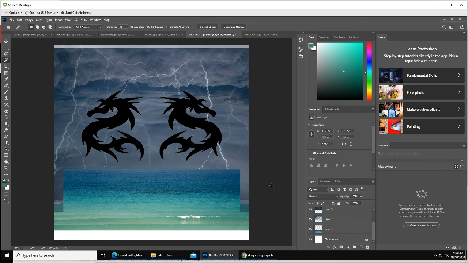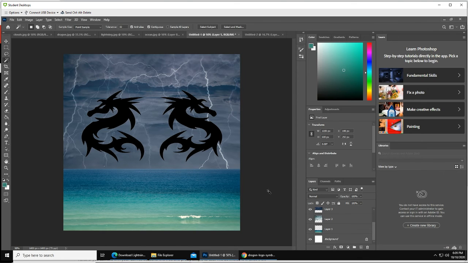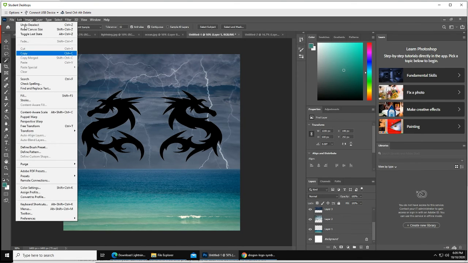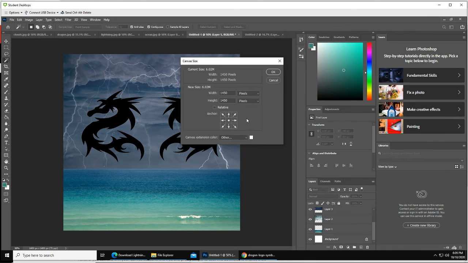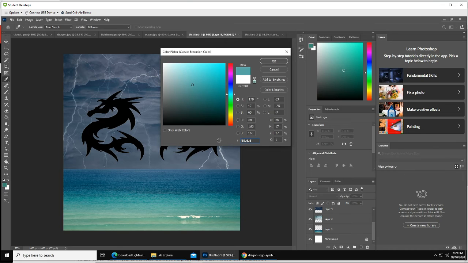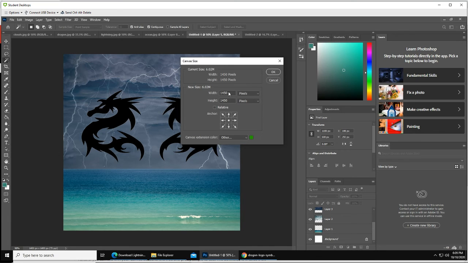So what we actually want to do, we're going to do that again. I'm going to increase our canvas size, and we're actually not going to pick white. We're going to pick any color we want. Just any color will do. Doesn't matter. But this time,